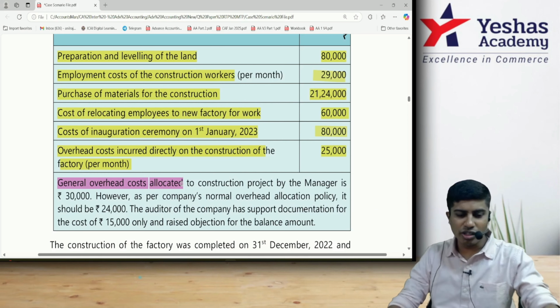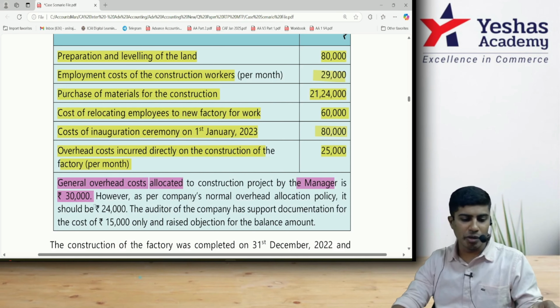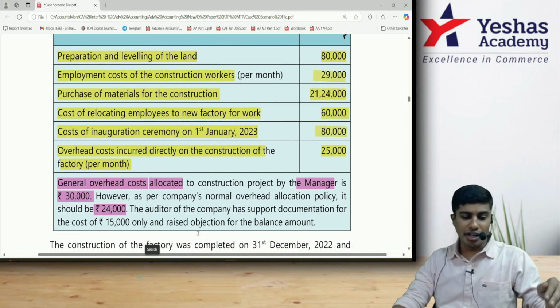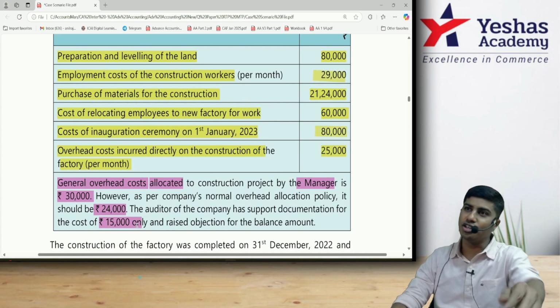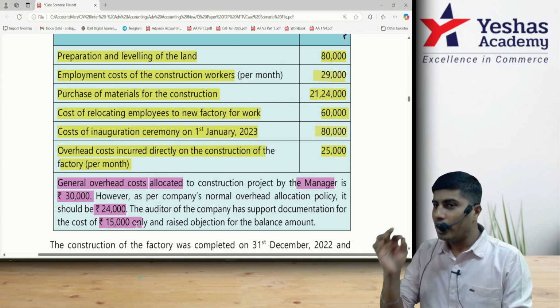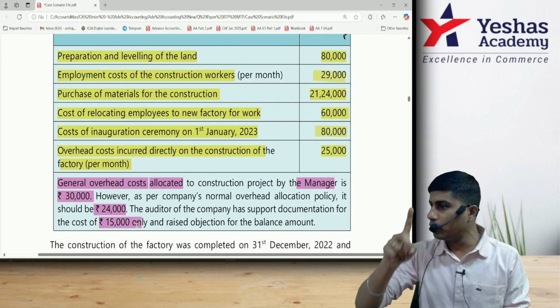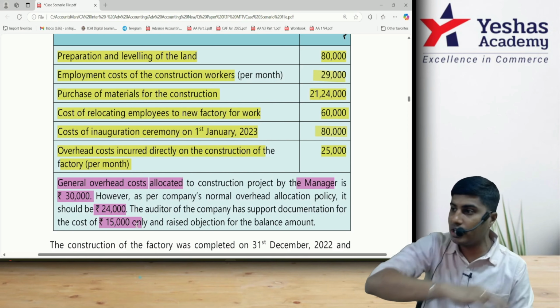Are you getting it? So they've given one beautiful story. They're telling they're allocating 30,000. Who? Manager. However, company's overhead policy is saying it should be 24,000. Auditor says it should be 15,000. All three of them are wrong. Manager is wrong, company's policy wrong, auditor is also wrong. Overhead should be included when it is directly charged or attributable, not when it is incurred separately and then allocated